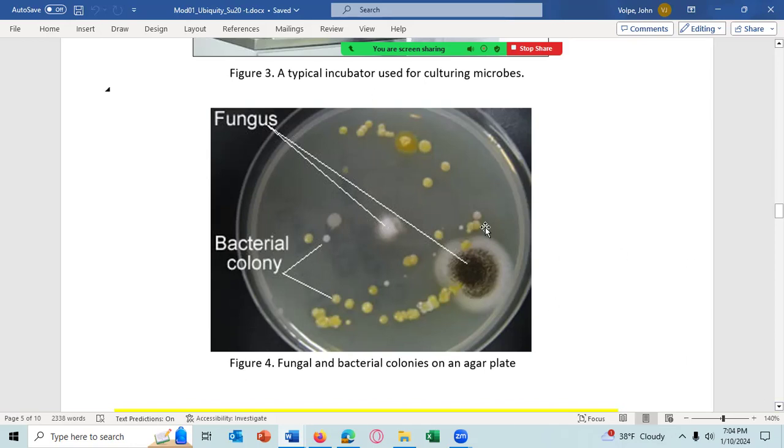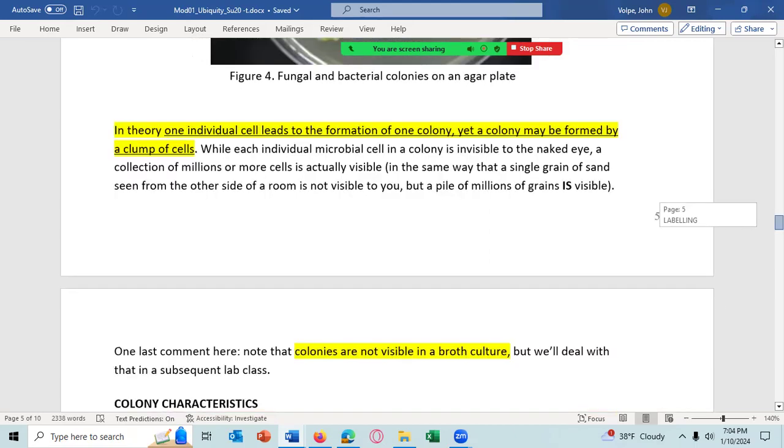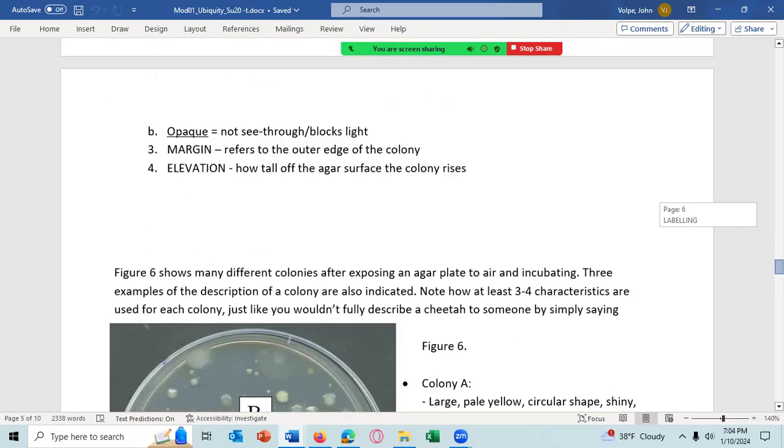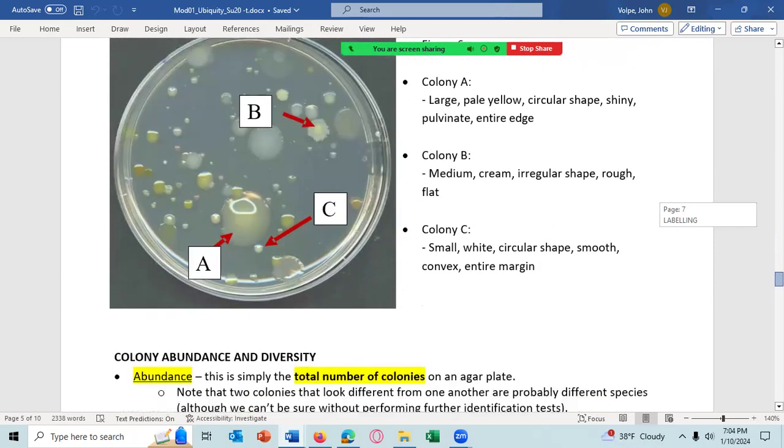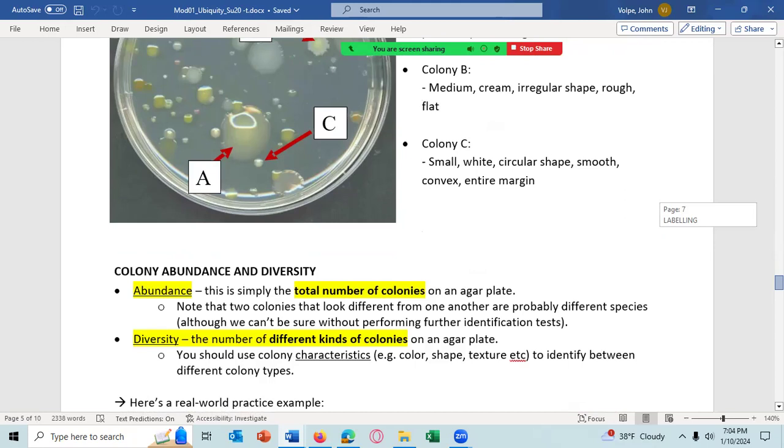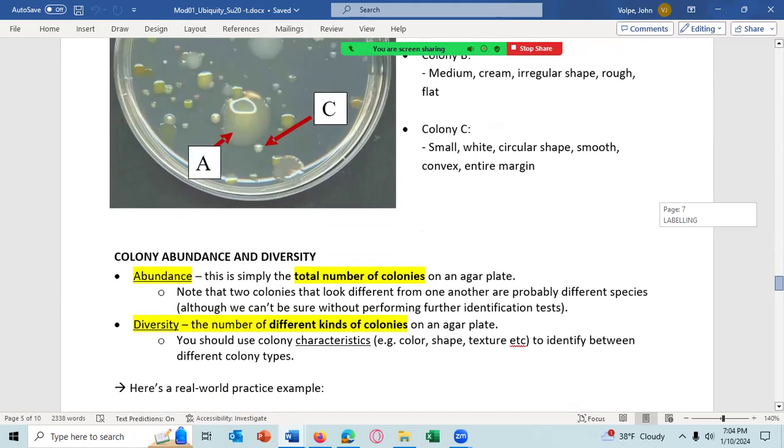Okay, you can actually do the exact count. I didn't want to spend the time doing the exact count. When I ask you for the abundance, you just have to be approximately correct. With the diversity, you also have to be approximately correct. However, if you're way off, I will mark it wrong.